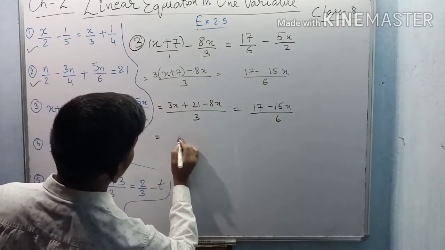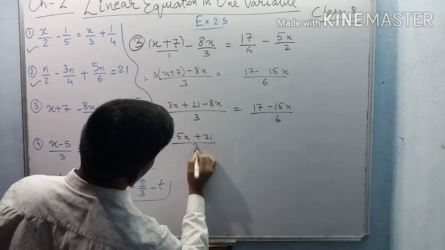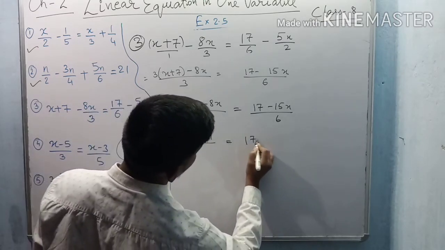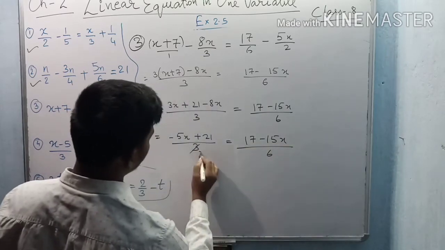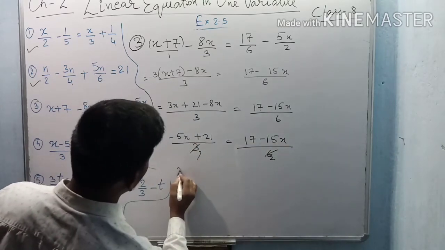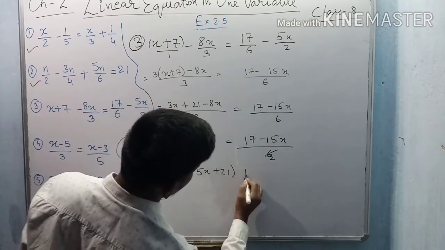So 3x minus 8x will be minus 5x plus 21 by 3 equals 17 minus 15x by 6. 3 ones are 3, 3 twos are 6. So 2 will come this side, to minus 5x plus 21 equals 17